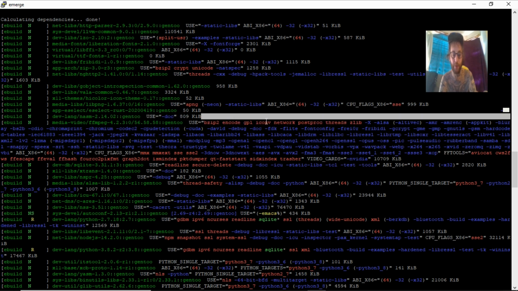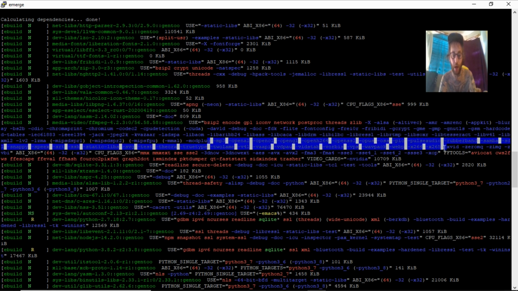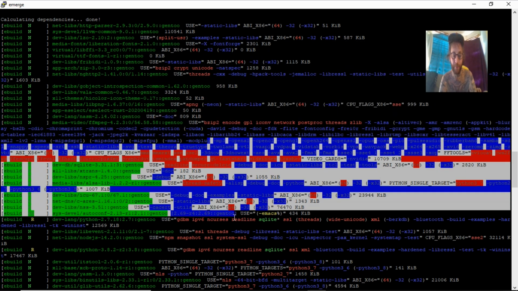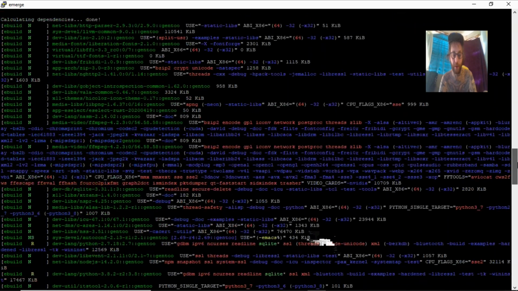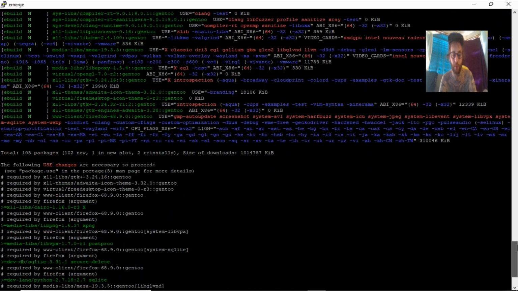So bzip2, we could actually go into the USE, put a minus bzip2, re-emerge this, and this will now be blue. These are all the ones that aren't going to be pulled in with the package, guys. And as you can see, just to pull Firefox in, guys, we've got to merge all of these packages. And again, guys, you can be